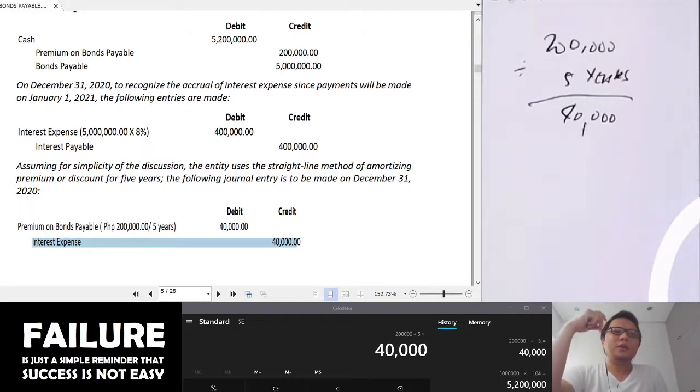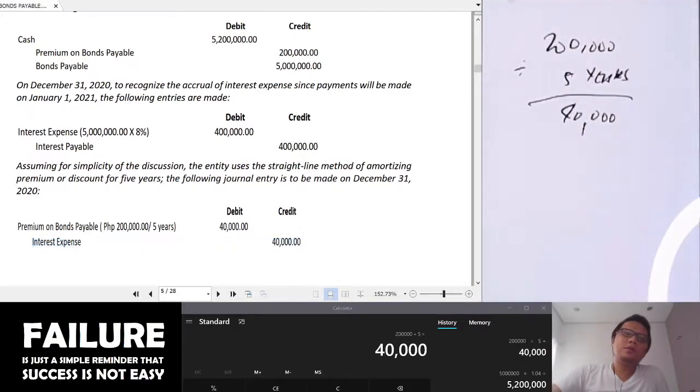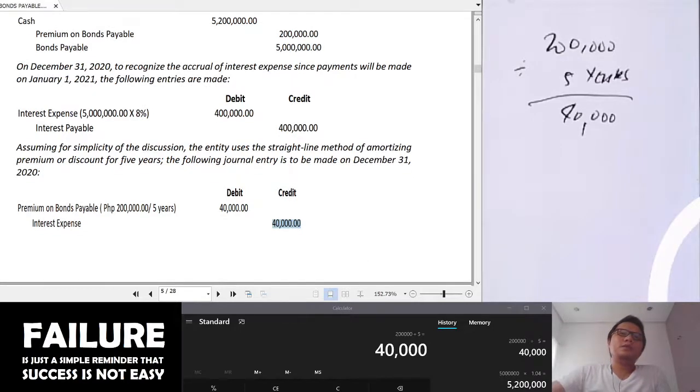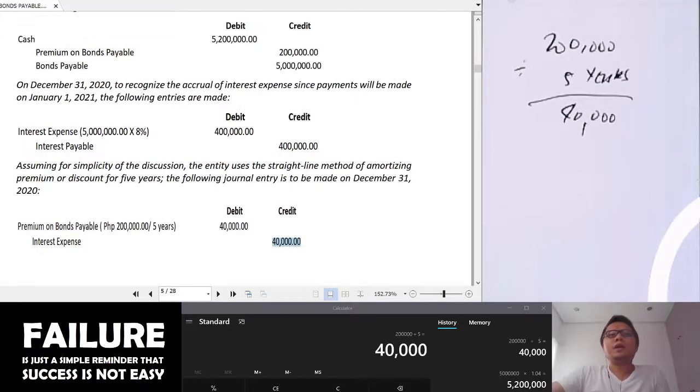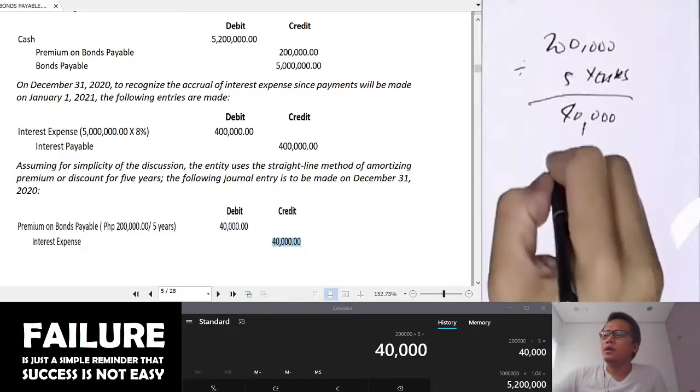That is why, if we amortize the premium, the credit would go to interest expense. Because if you may notice, we debit 400,000, then per amortization of the premium, we credit 40,000. So that is a deduction to our interest expense. So in essence, if we are to be asked how much was the interest paid or to be paid on this particular bond issue, the answer would be